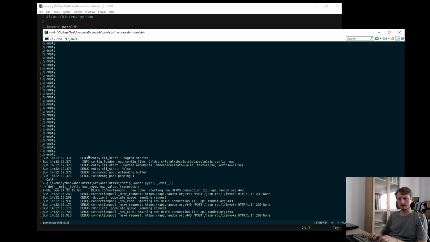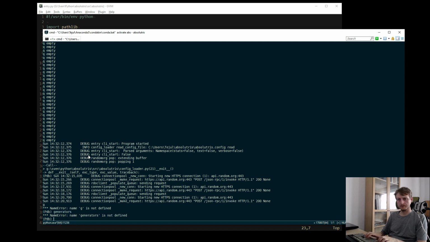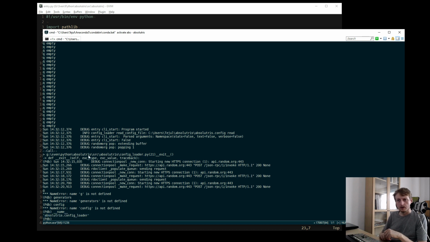And then we can say hello. Not defined, still not defined. What the hell? Config is not defined. I am very confused. We are in the module config loader.